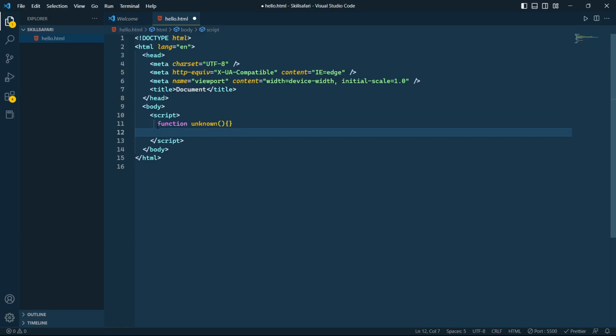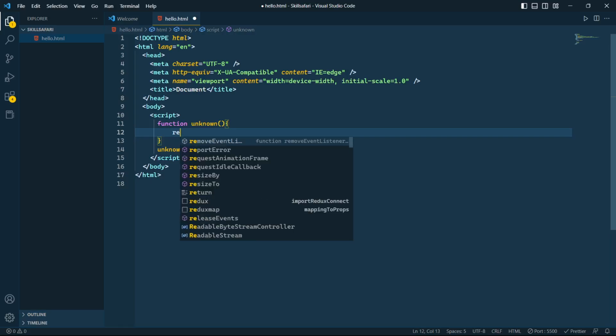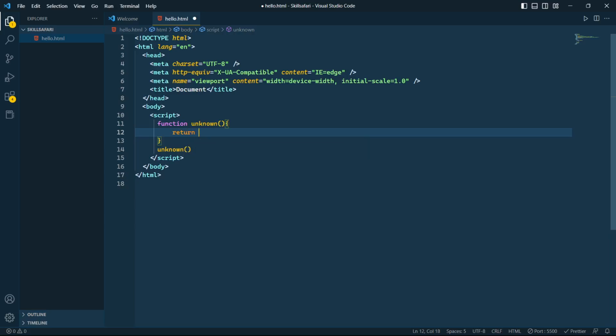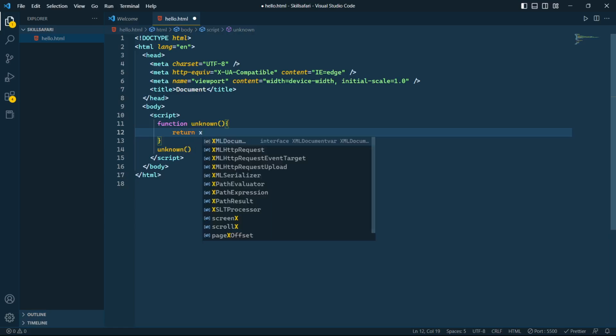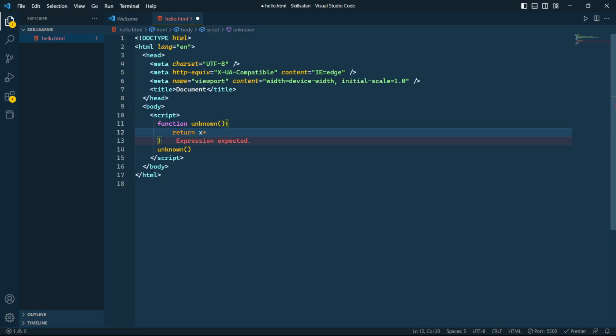And how can we initialize it? We can initialize it this way. Now it is initialized. So here I'm writing return. I'm just returning x into x.